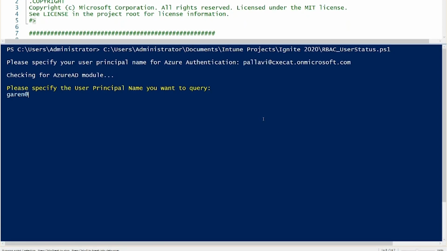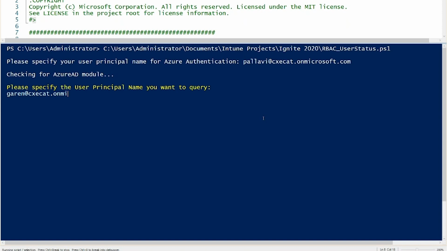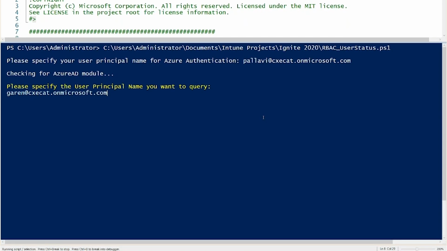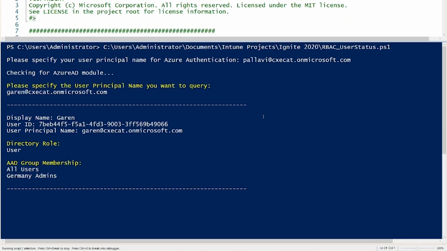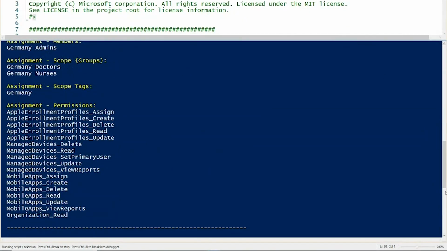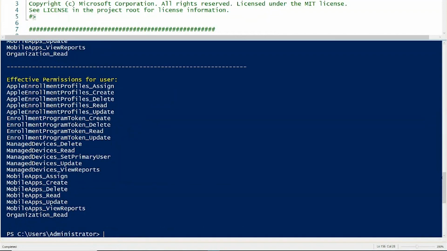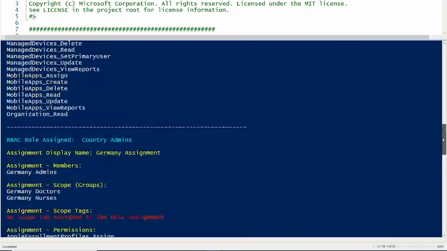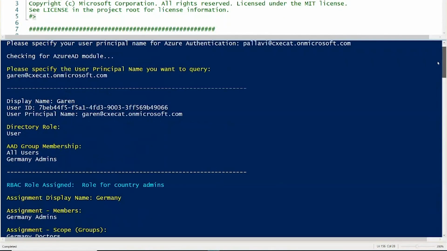So we'll query it for Garen, who is the Germany admin in our scenarios. So let's see what all information the script shows. It starts off by showing user principal details and Azure AD group memberships for Garen.